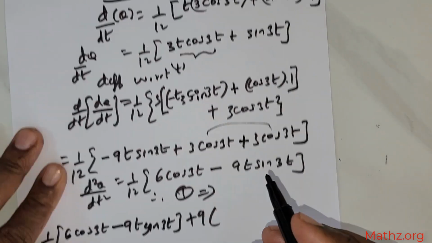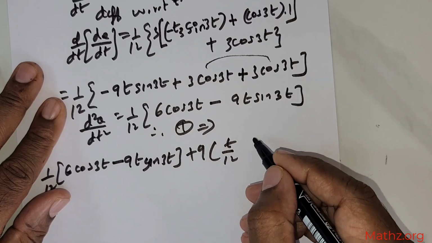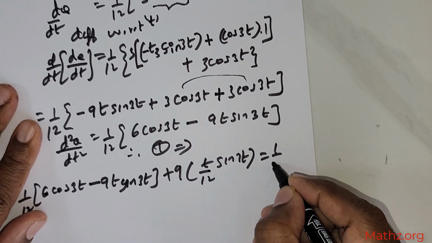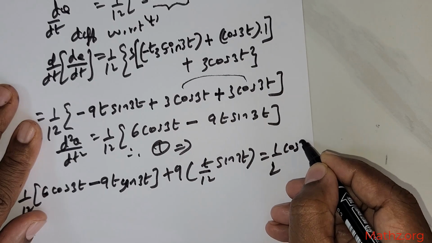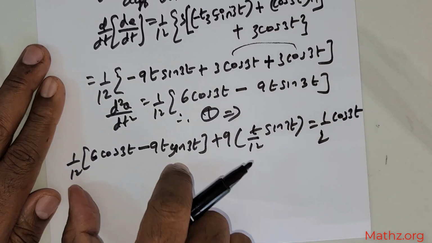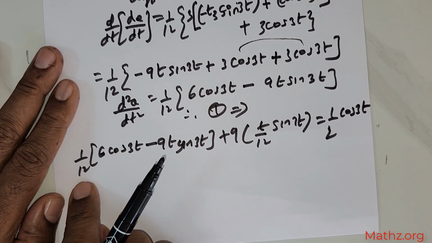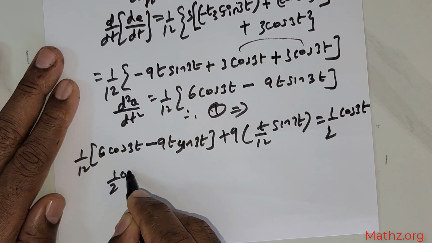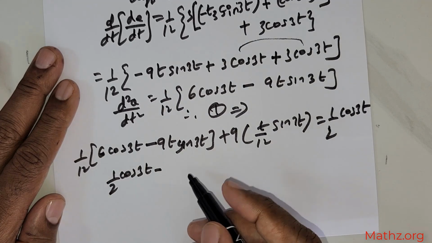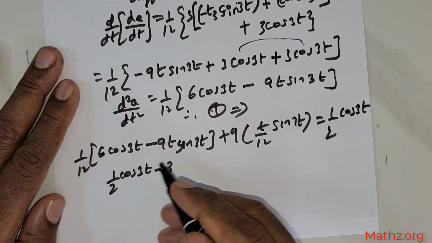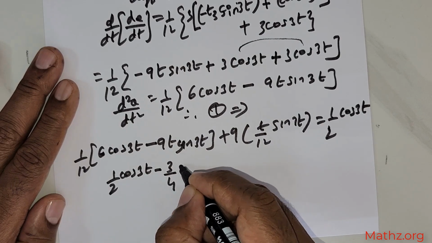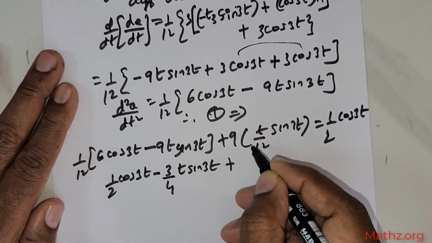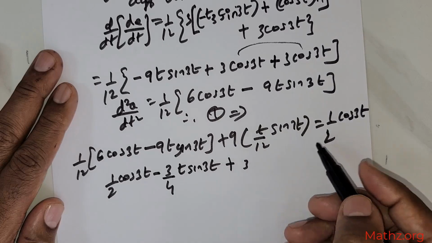What is theta? Theta is t over 12 times sine 3t. The left hand side is equal to the right hand side. What is the right hand side? It is 1/2 times cos 3t. Now simplify this. Distribute 12. If I distribute 12, I would get 1/2 times cos 3t, and then 3 goes here 3 times, 3 goes here 4 times. So 3/4 times t times sine 3t, positive 3, you distribute 9, so it's going to be